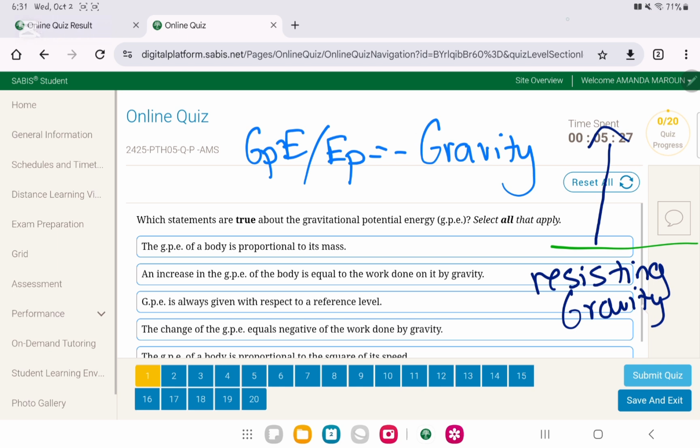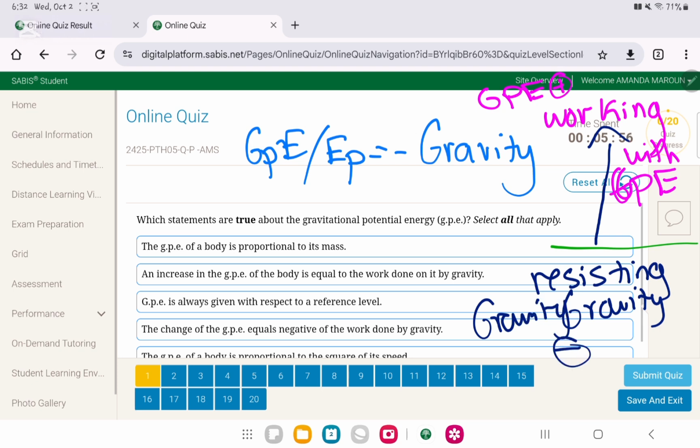So if we are resisting gravity, then we are working with the GPE. Okay? If we are working with the GPE, then the GPE will be positive and the gravity